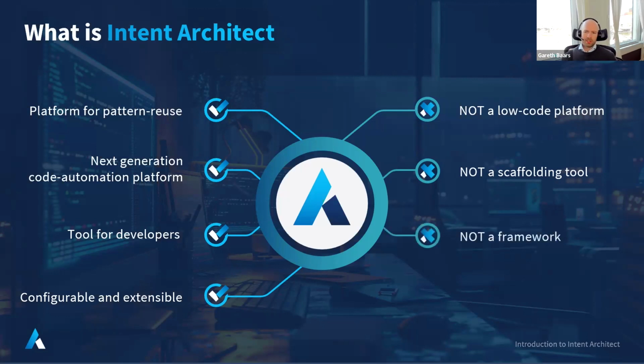And then very importantly, we're not a framework. And what we mean by this is that we don't actually have a set of NuGet packages, for example, that a team has to use in order to build out an application with Intent Architect. So unlike an ABP, for example, we don't introduce any runtime dependencies into any of our clients' environments. And so what that means is that when a project is built with Intent Architect, there is zero lock-in whatsoever.